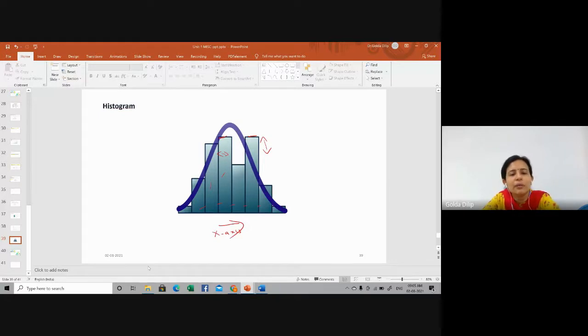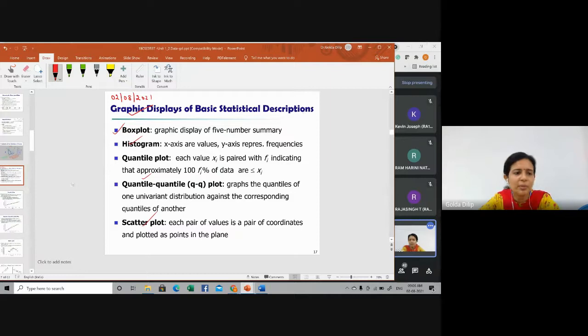So by creating the histogram, you can have a good visual representation of your data distribution. Especially when you have a large amount of data, and the frequency of the data values has to be taken into consideration, then you can go for a histogram. Again, the median and the distribution of all the data can be determined from the histogram. Again, if you have any outliers or gaps in the data, that can also be depicted by means of your histogram. We don't have this much in detail as far as the syllabus is concerned.